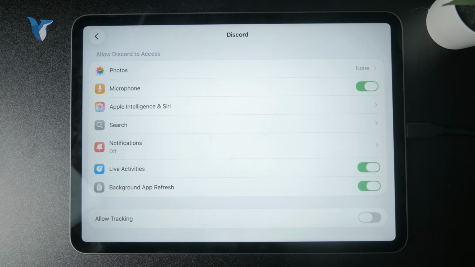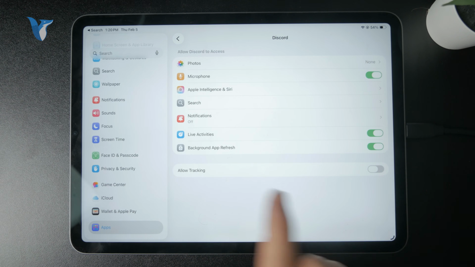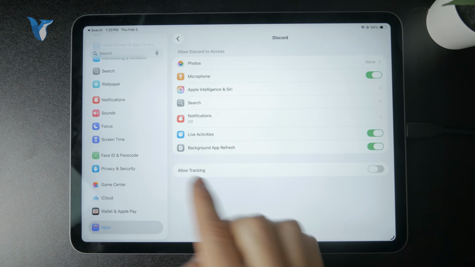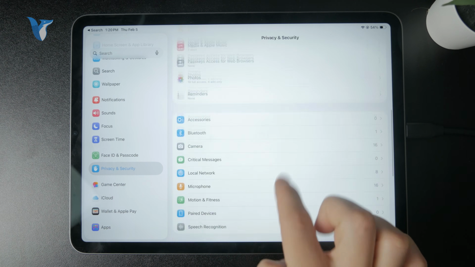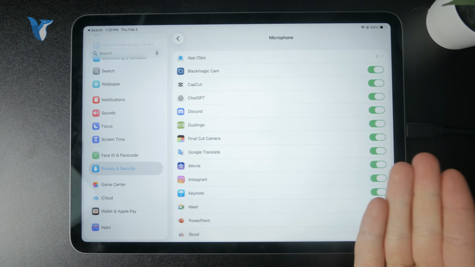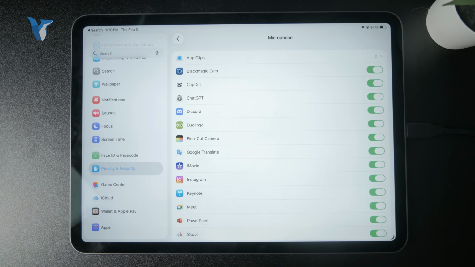That's basically the thing. When it comes to all of the apps which access your microphone, you can also find the same thing inside of the Privacy and Security section, where you have a dedicated Microphone section, and all of the apps which can access the microphone will be in here, including Discord. So I guess there would be another way to turn it on or off, but that would be about it